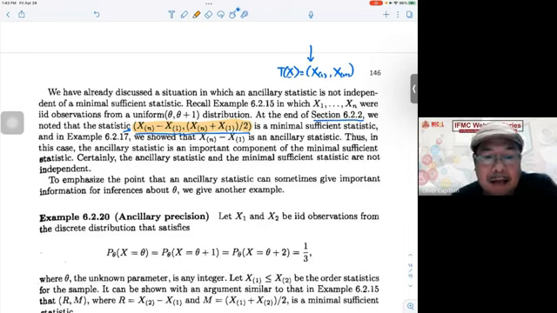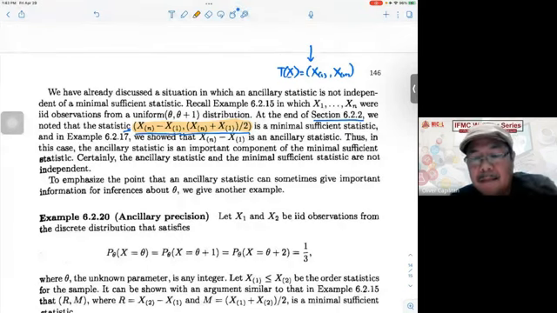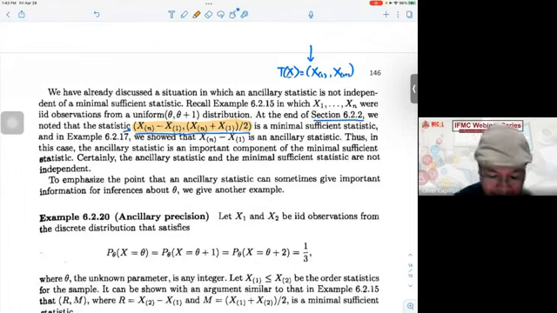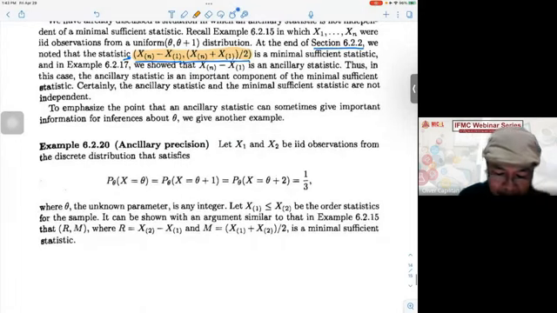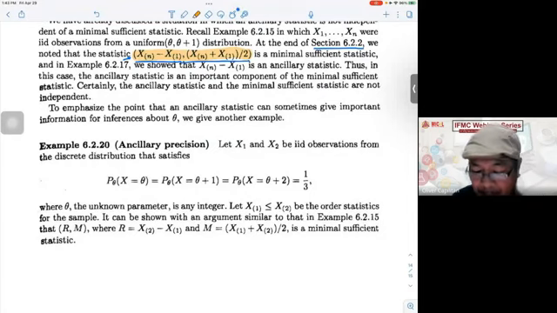Certainly, the ancillary statistic and the minimal sufficient statistic are not independent. So we have this case where we have shown that the ancillary statistic and the minimal sufficient statistic are not independent. Okay, to emphasize the point that an ancillary statistic can sometimes give important information for inferences about our parameter theta,